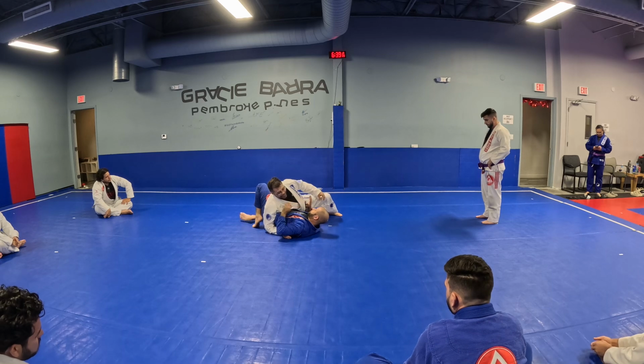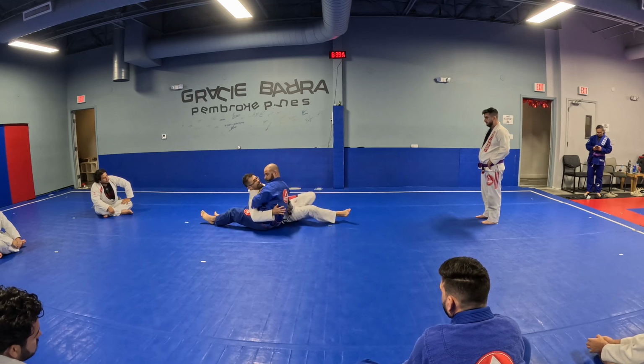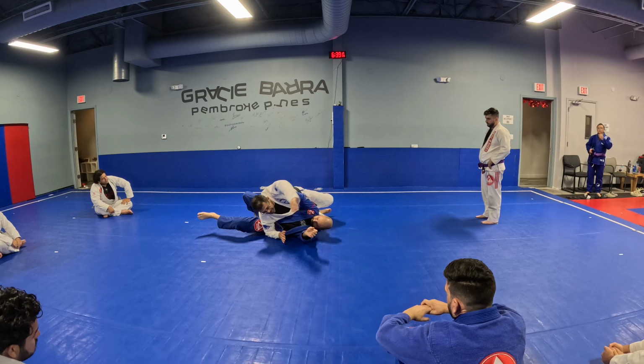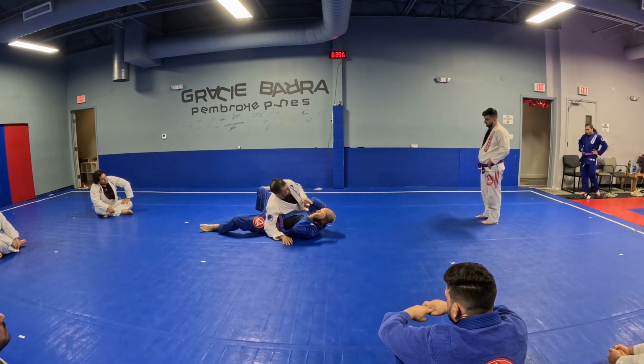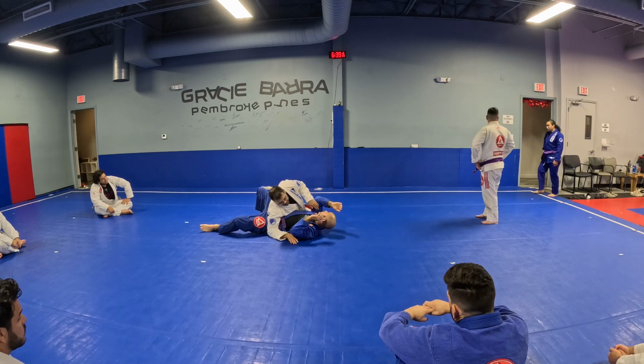This isn't a great position. He can grab me, he can start pushing my face away, or he can grab me and throw me this way. There's a lot of options for him to do here. So I don't want to stay here too long. So I want to get to a proper side control. So obviously I want to get to